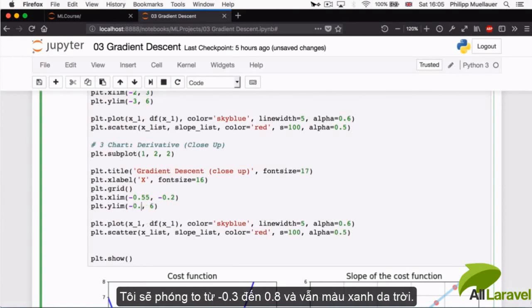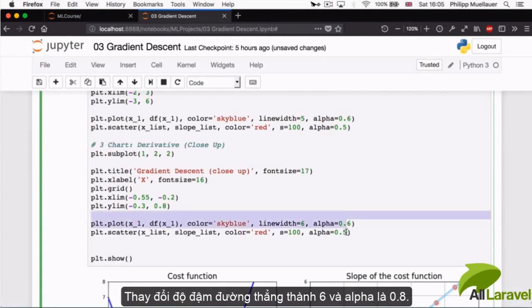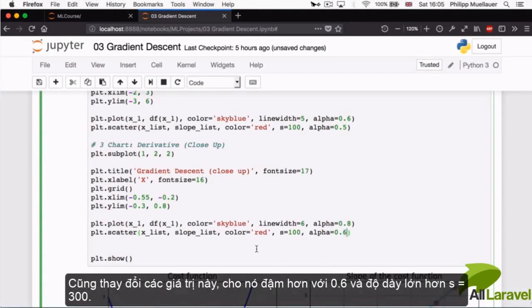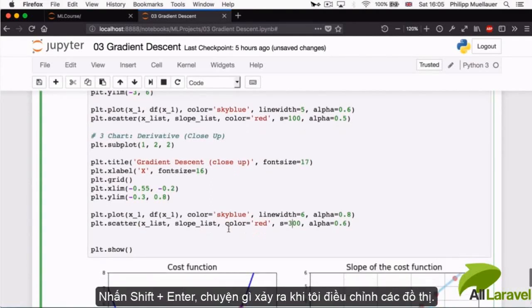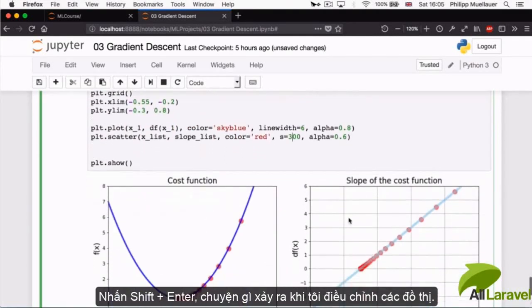So zooming in here on the x-axis, and on the y-axis I'm going to do the same. I'm going to zoom in from 0.3 to 0.8. I'm still going to leave it sky blue. I'm going to change the line width to 6, alpha 0.8. Just change these values around a little bit to make it a bit more distinct. Yeah, make the dots a little bigger. And if I press Shift Enter now, then nothing will happen